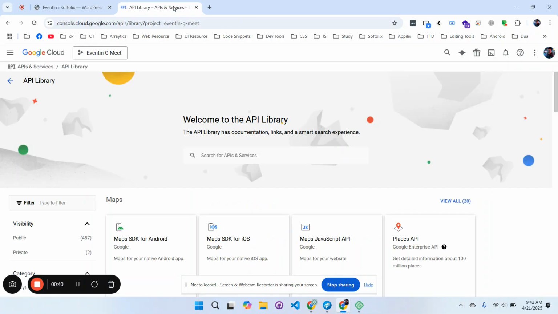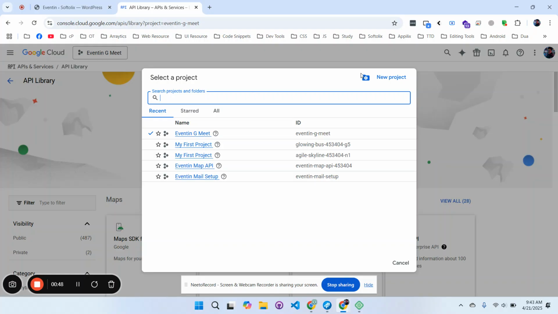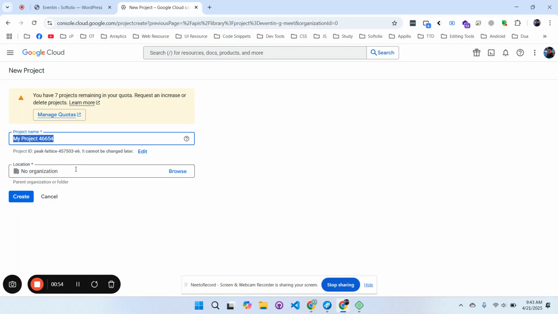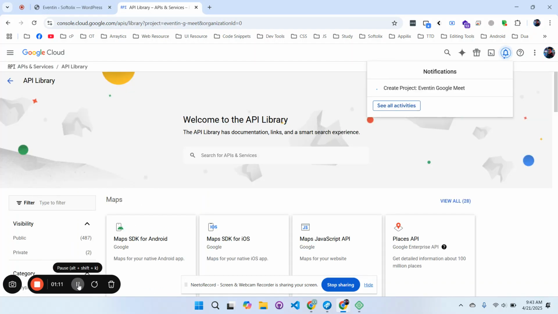Well, let's go to the Google Cloud Console, and now you can see I have created another one, and let's create a new one. Start with a new project, give a name to your project. Well, the project has been created, and let's select the project. You can select the project from here,